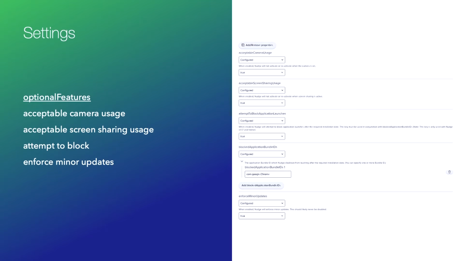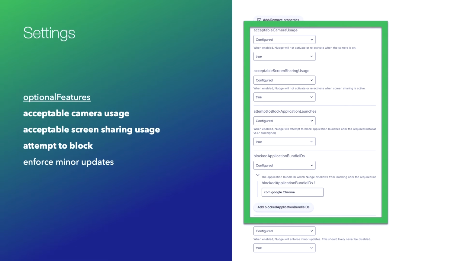So starting off, we have optional features, which is kind of funny because I actually find these are some really, really useful features. There's a bunch of information on here, but we're going to just highlight the first three. The first two, I really like to use them because